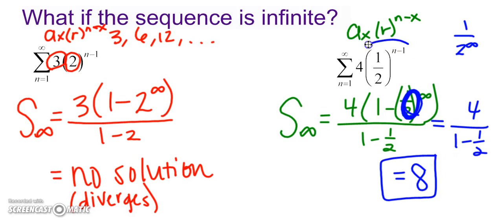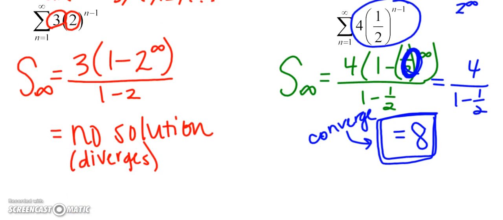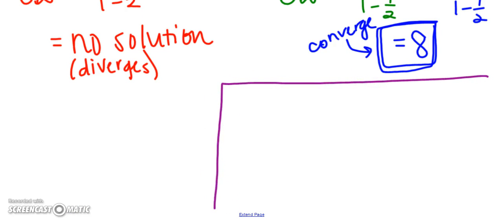If you take this geometric series and add all those numbers, it's going to converge, or close in upon the number 8. Now, a good way to think about this is something called the painter's paradox. So, if I have one wall that I need to paint, and I paint half of it every day,